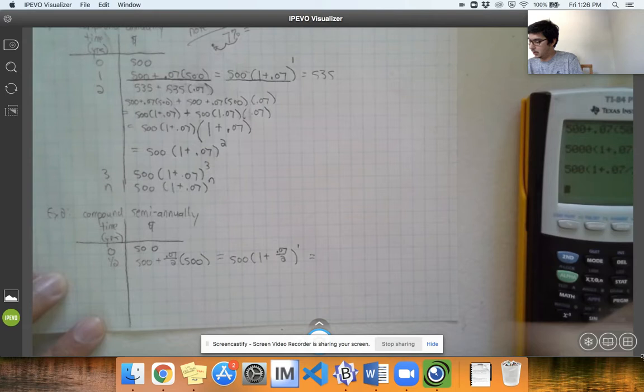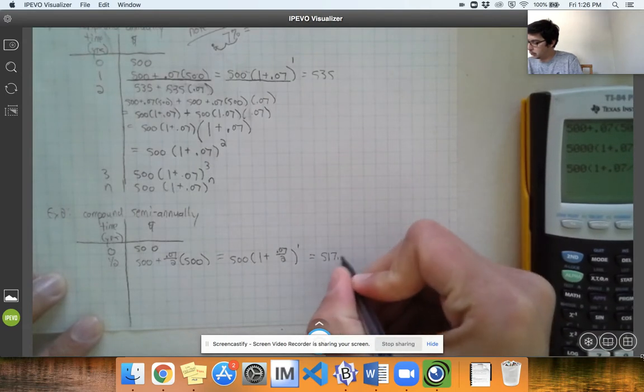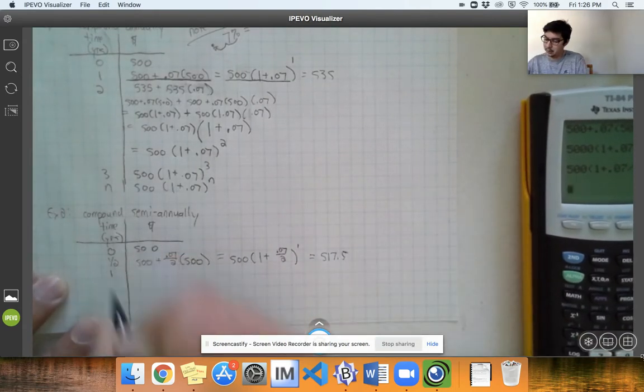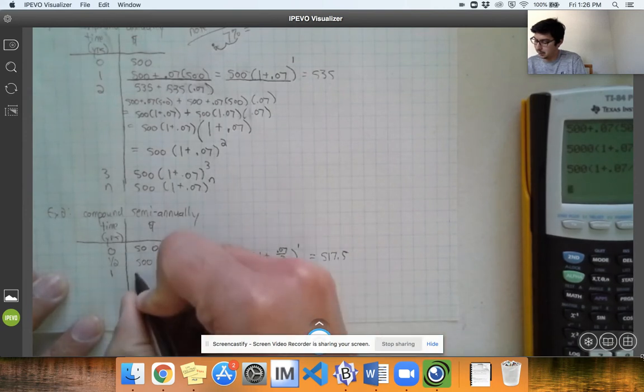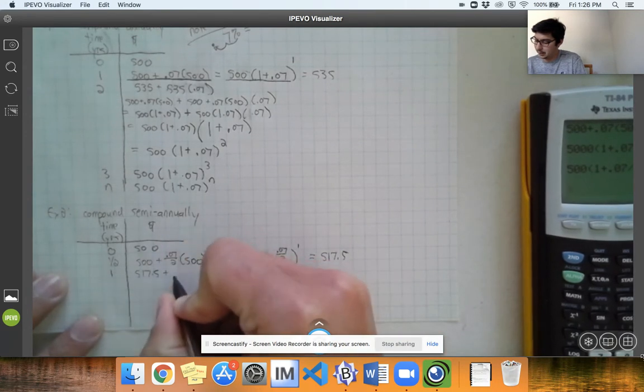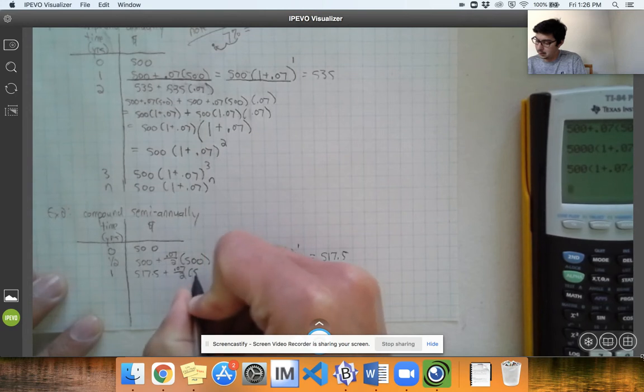And you'd be at 517.5. And then after another year passes, you'd now be at that amount, which I'm going to write out: 517.5, and then you do 0.07 over 2 times